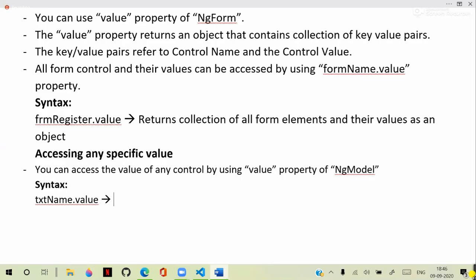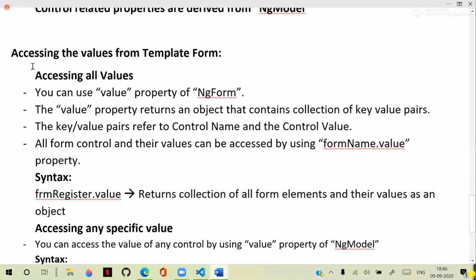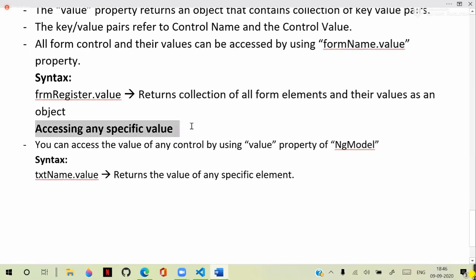This txtName.value returns the value of any specific element. That is what it can do. It can return the value of any specific element. I will show you that here. Simple. That means we have two options now: accessing all values by using the form value property, and accessing a specific value by